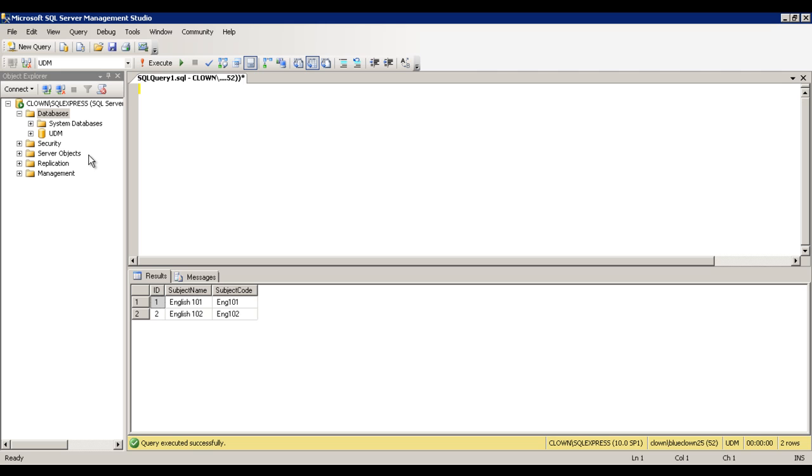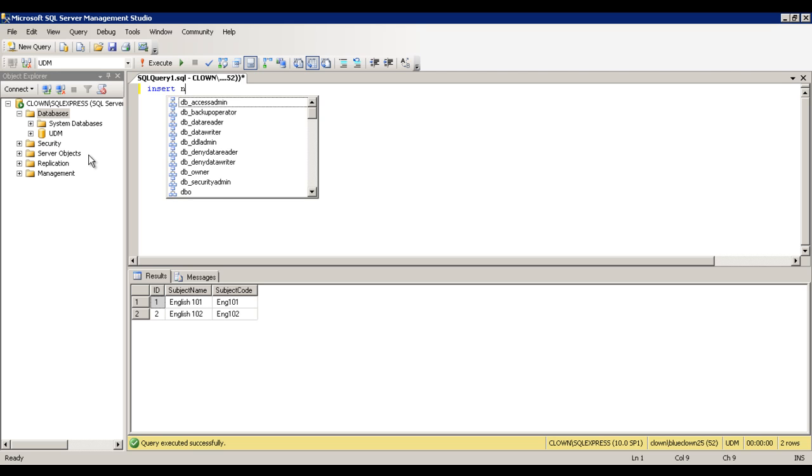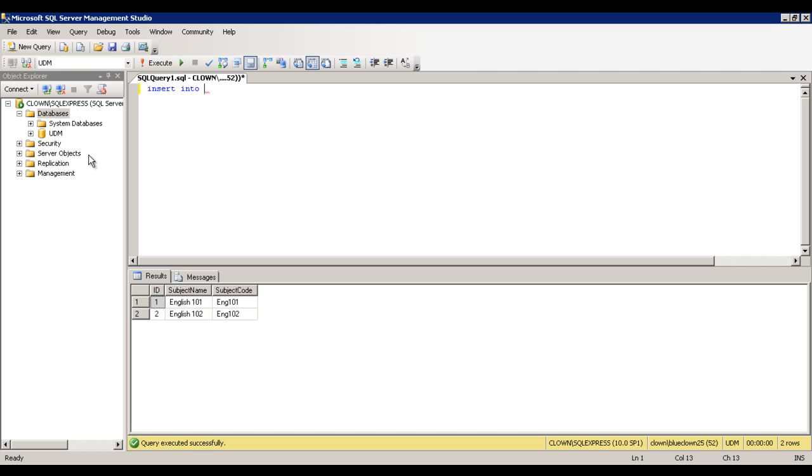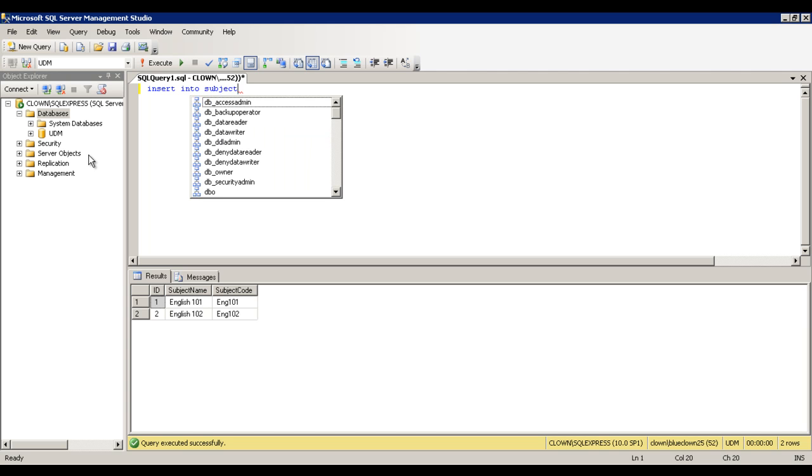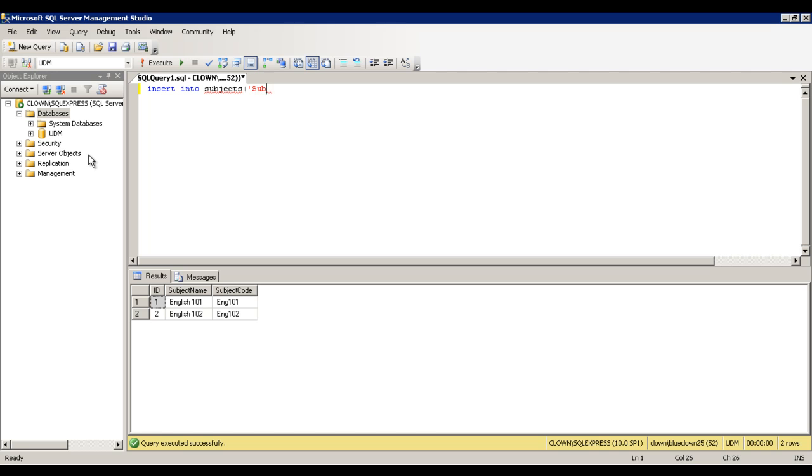Just type insert into subjects, then subject name, comma, subject code, then select, then the value, let's say not English anymore, let's say Math 101, comma,